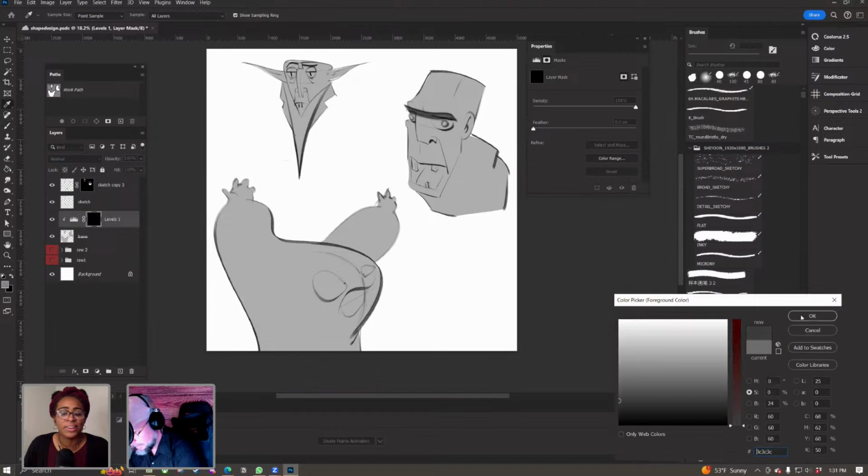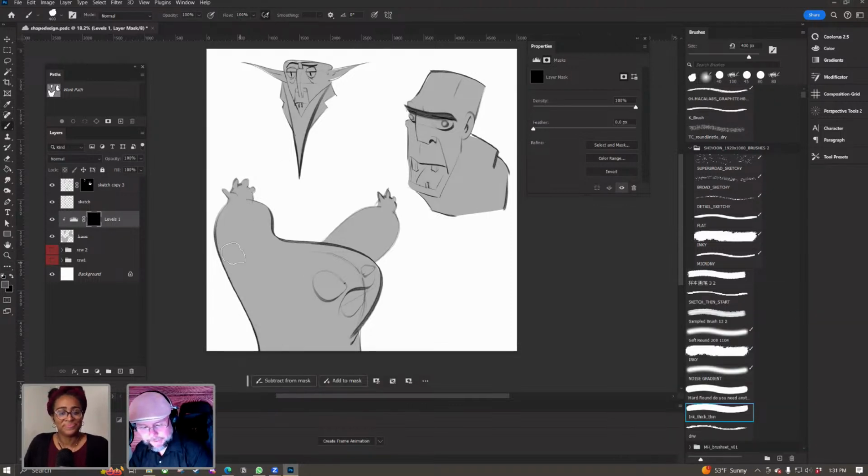I guess you don't want it to be that dark. I just want to imply it. So let's say the light is coming from over here. Then everything would be in shadow here.